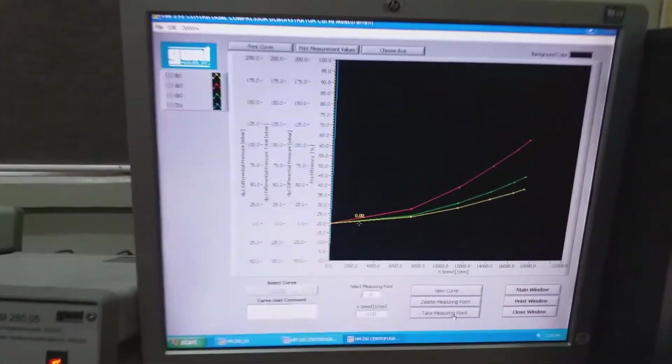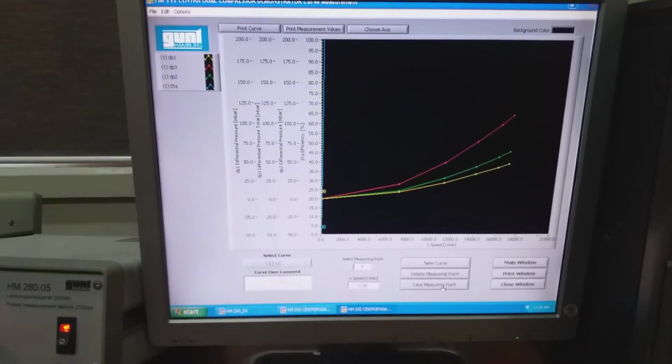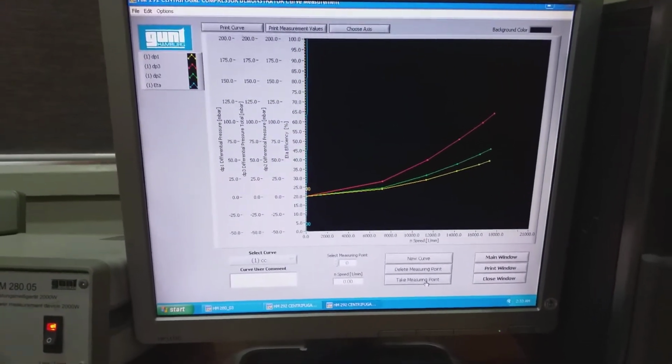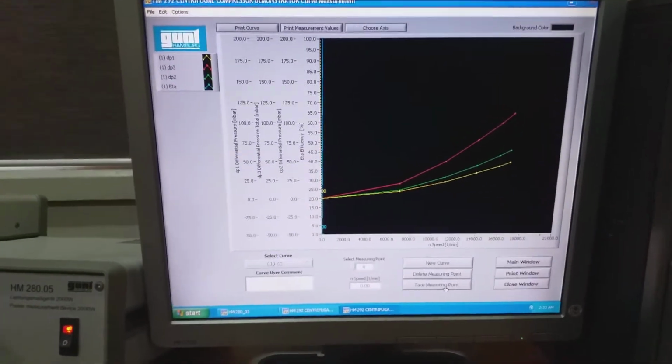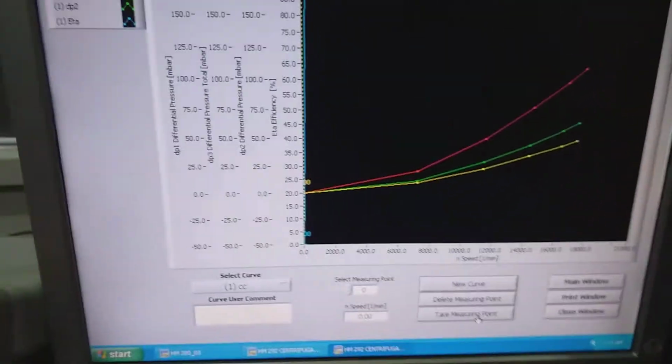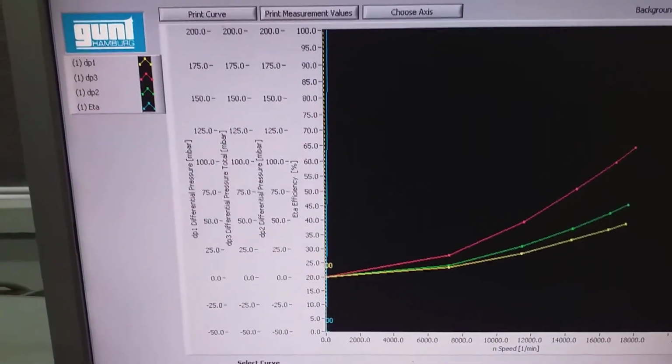This noise is basically the noise of the rotor. Basically, we are increasing the speed of the rotor. So now graph is plotted between the speed and all selected performance characteristics.